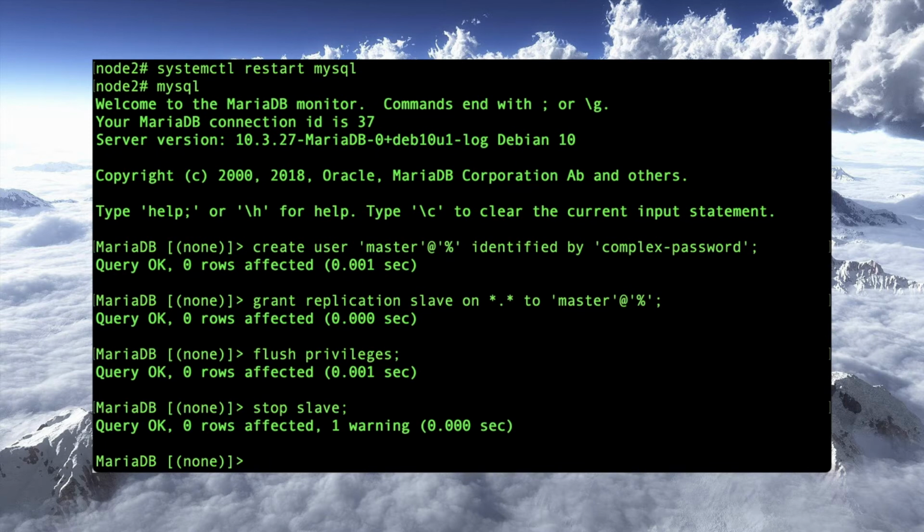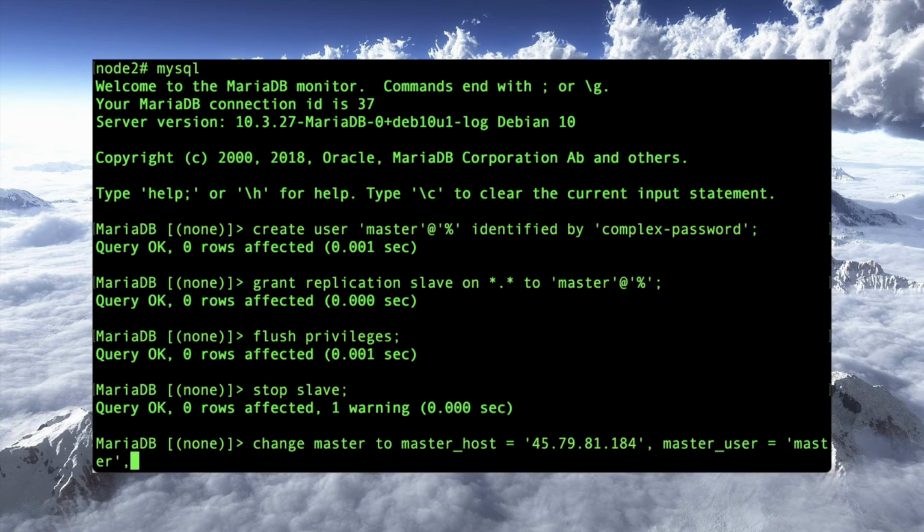And let's now do, this is the tricky part here. We're going to say change master to master host, and I'm going to put in the IP address not for node 2, but for node 1, because node 1 is the master in this replication setup. You'll see what I mean. Master user equals master, comma, master password equals complex password,